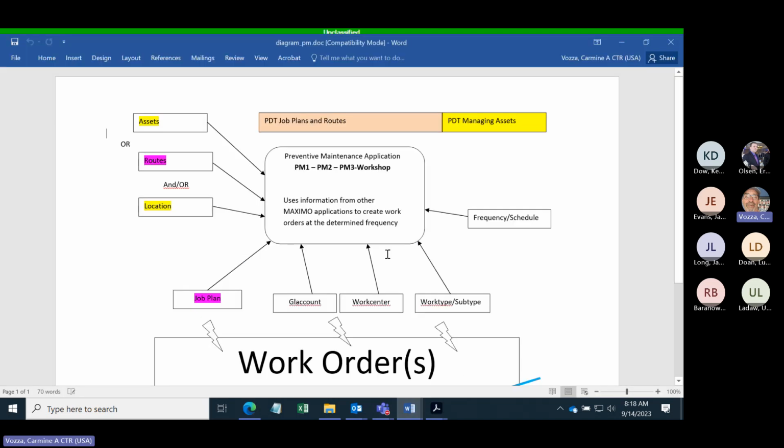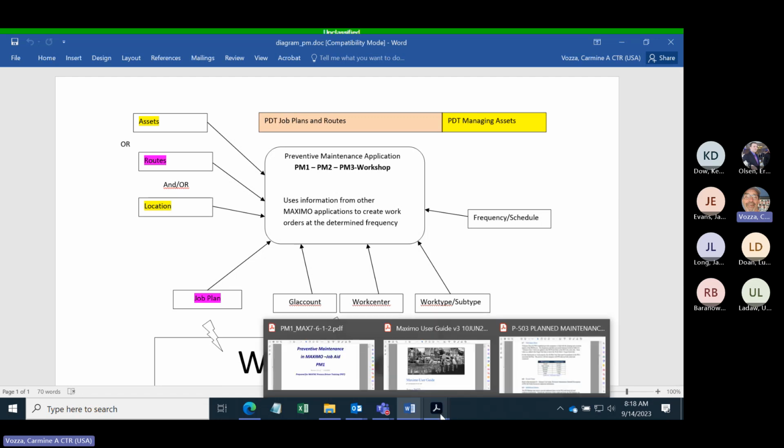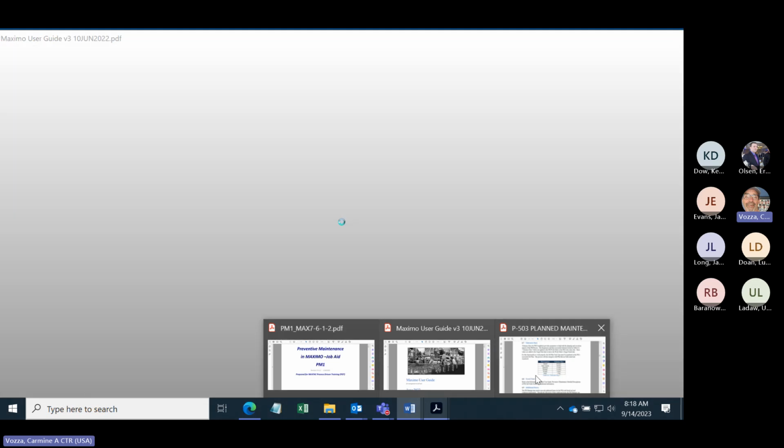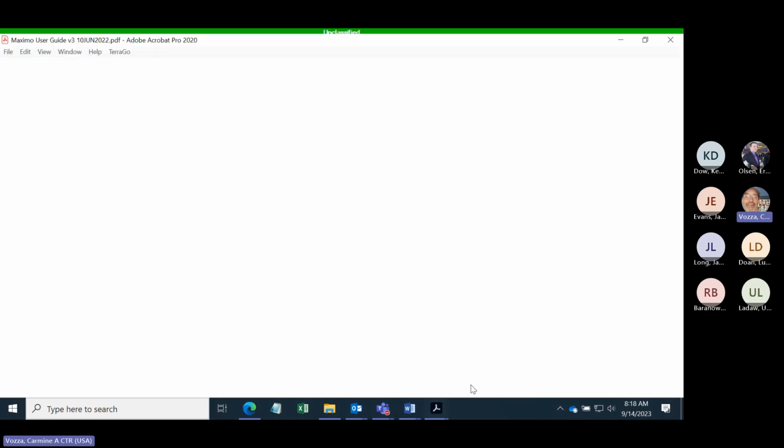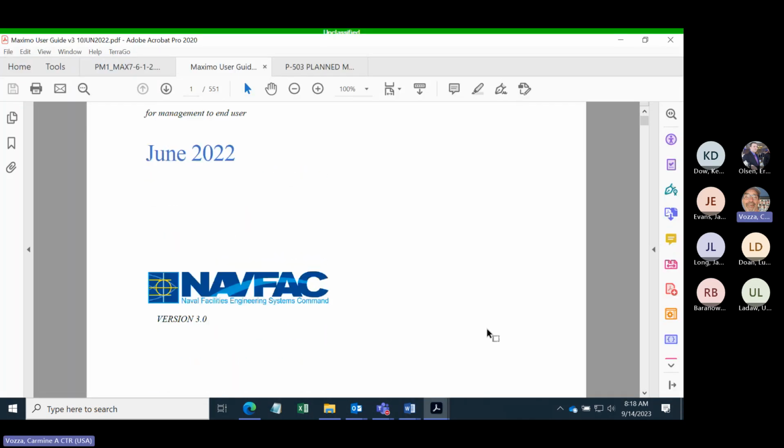So let's go back to our diagram. All right, so over here to the left is the what. Today we're going to talk about a single asset. Now I'm going to go through the fields on the PM just to discuss the meaning of each of those fields. I'm going to refer to not the P503, but the Maximo User Guide, because I believe this has the most up-to-date